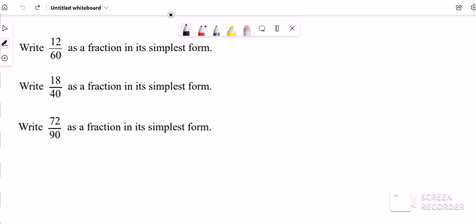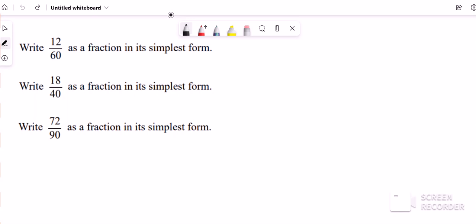So today we're going to look at some fractions, how we can write a fraction in its simplest form, and some other questions on fractions that we'll come to. So let's begin. The first question that we've got here is to write 12 over 60 as a fraction